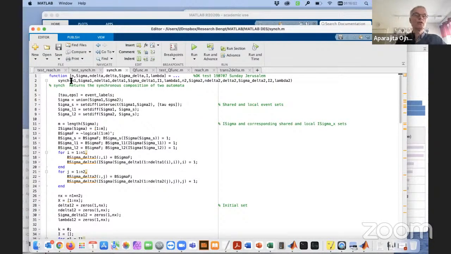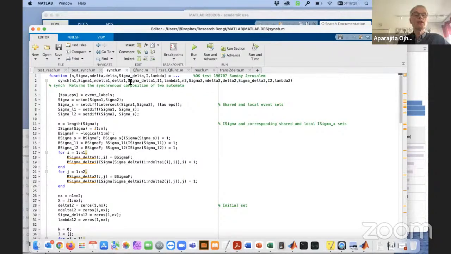You have the number of states, the events, and the delta function. Okay, here n delta is first the number of target states, and here delta you have the actual target states,